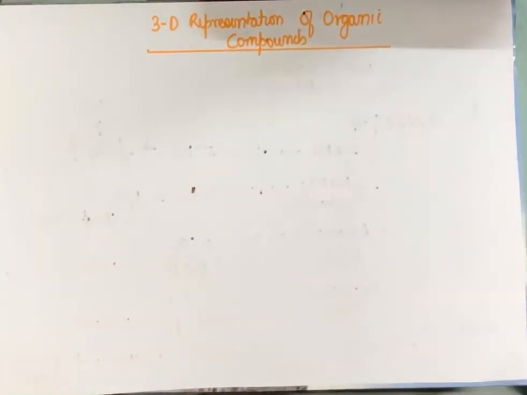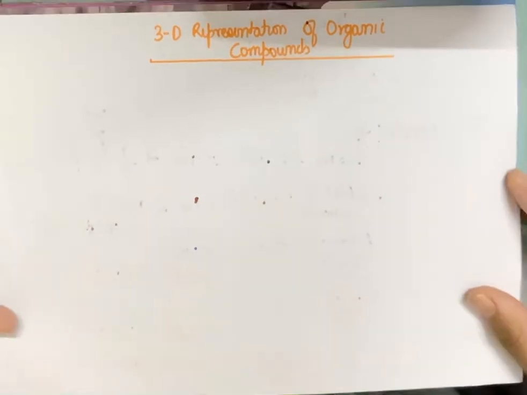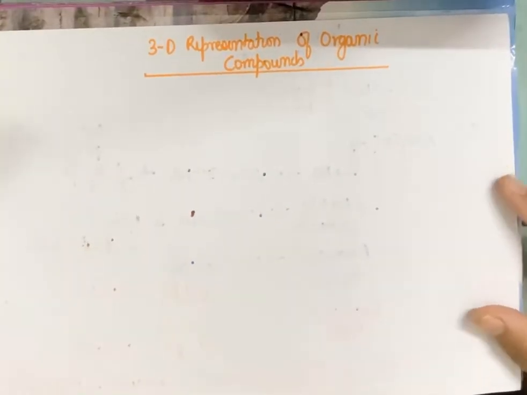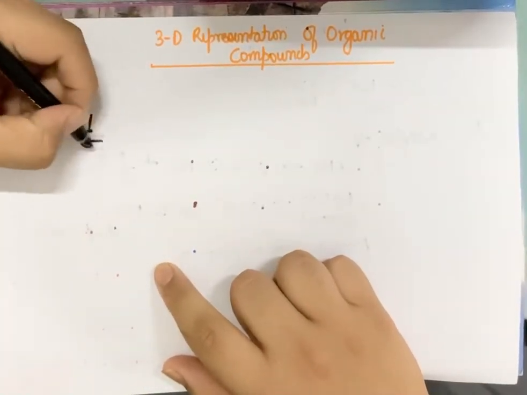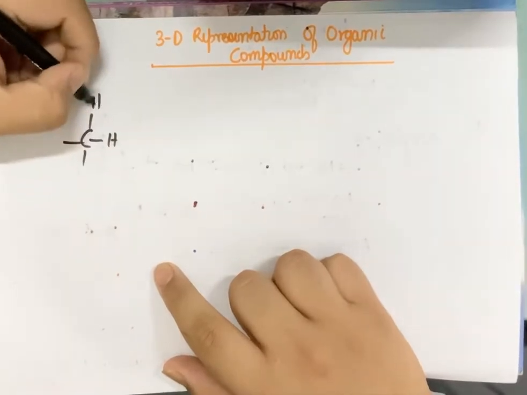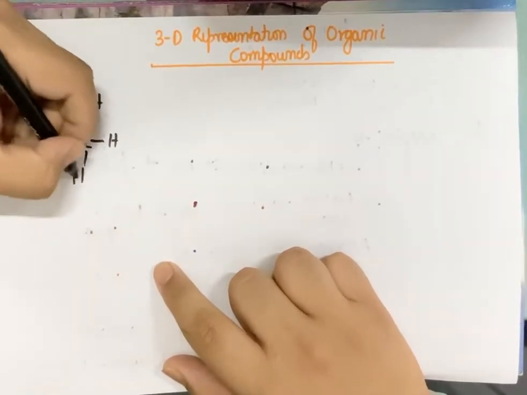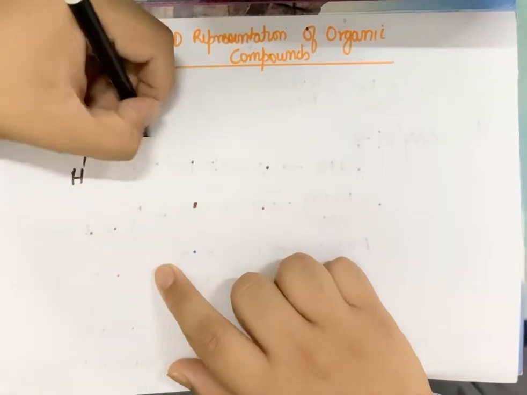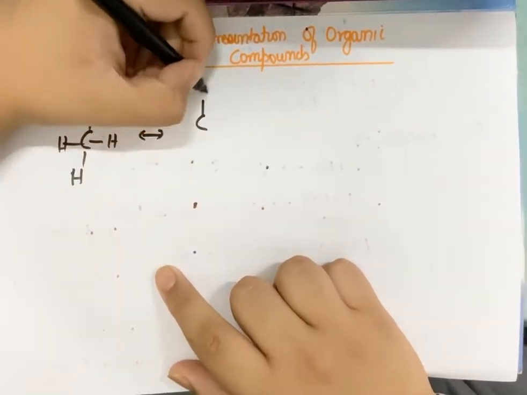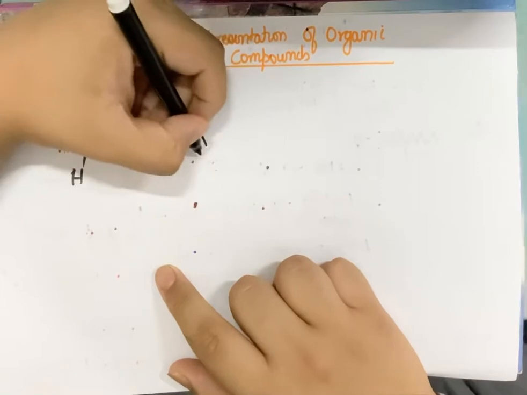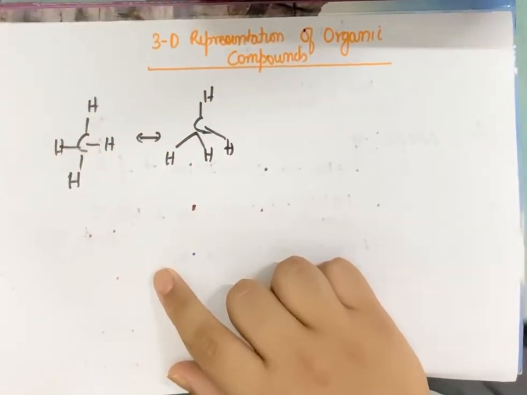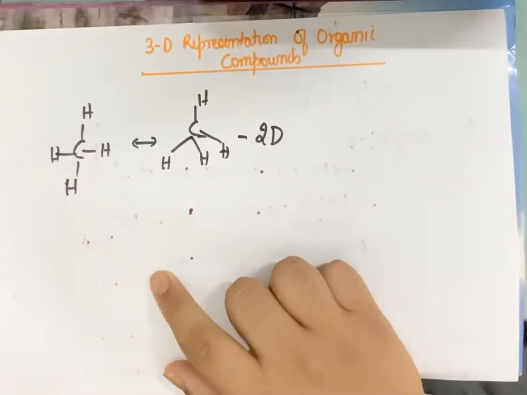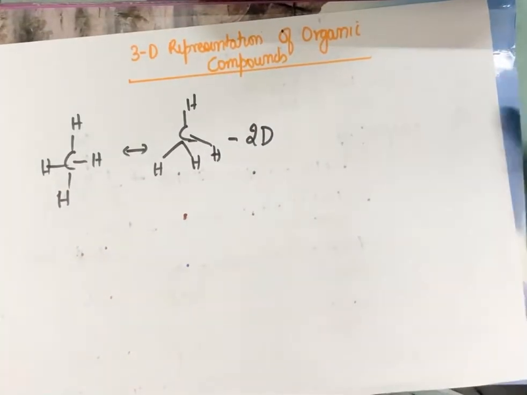Good evening. So in today's class we'll be talking about three-dimensional representation of organic compounds. Now suppose I have a compound like methane, the simplest organic compound. I can simply represent it like this, or I can use the actual shape of methane, which is like a tripod, tetrahedral, and we can represent it like this as well. This is a 2D representation of organic compounds where I'm just representing it as a plane,